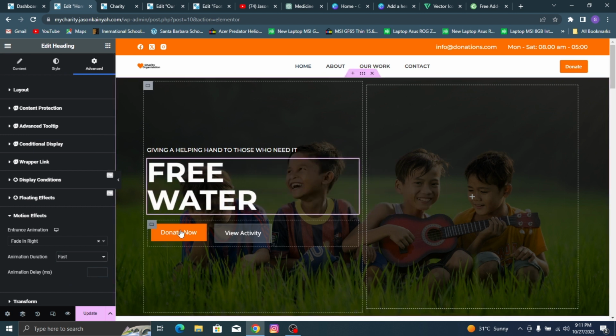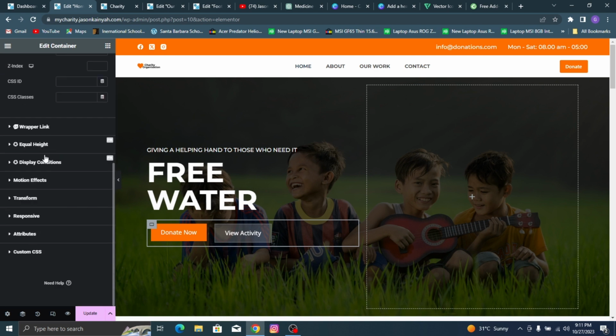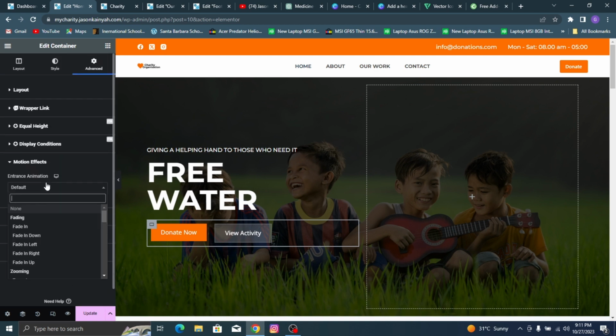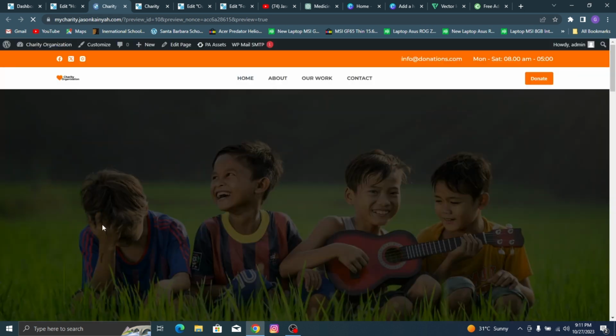Then go to this container. If you want to edit it for the elements that are inside, you don't want to do it one by one, you can select the container that they are in, go to motion effects, and then we'll click fade in left, and then we'll do it fast, and then we'll click update, and then we'll click preview changes to view how it looks like. So guys, as you can see,